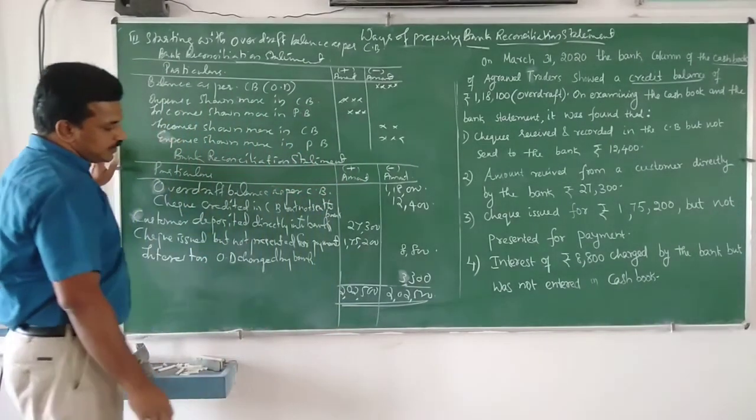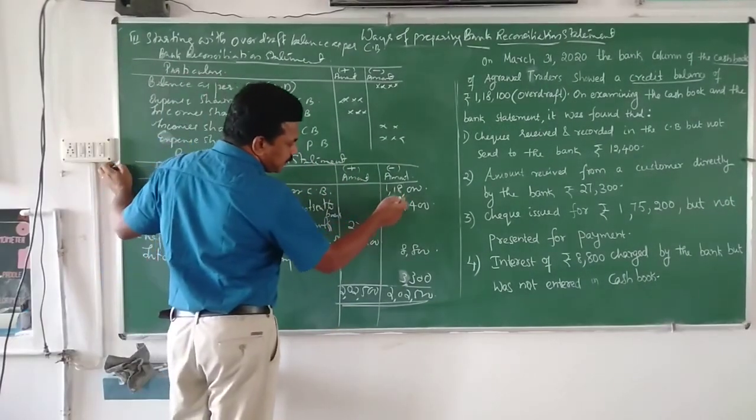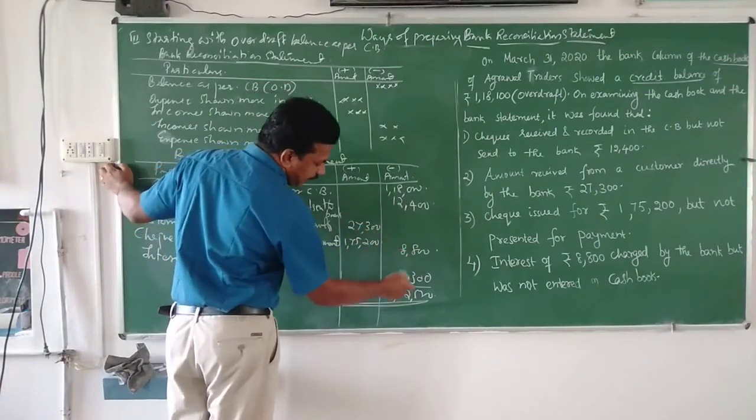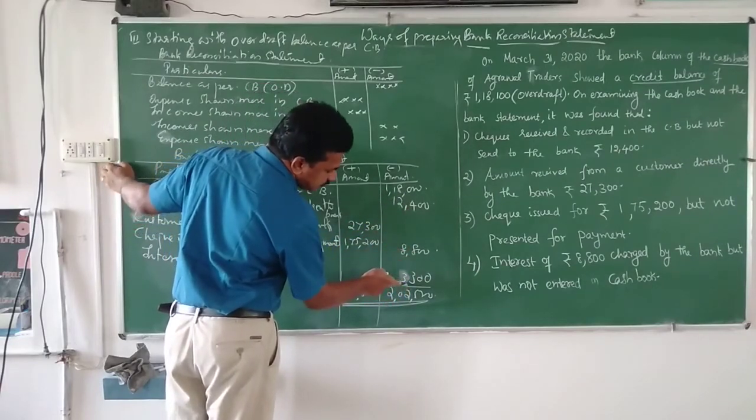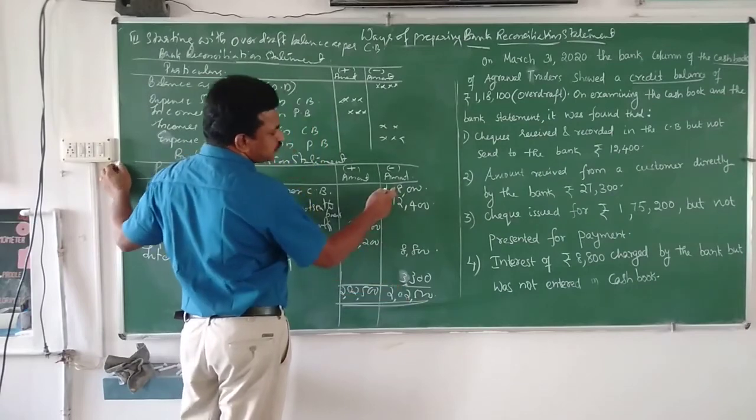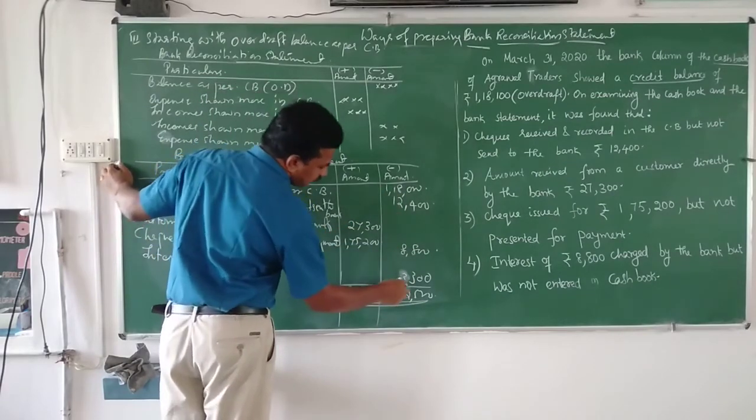Okay, so 9 plus 2 is 11, plus 8, 9, 9 plus 3 is 12, balance 1, 2, 3, 3 plus